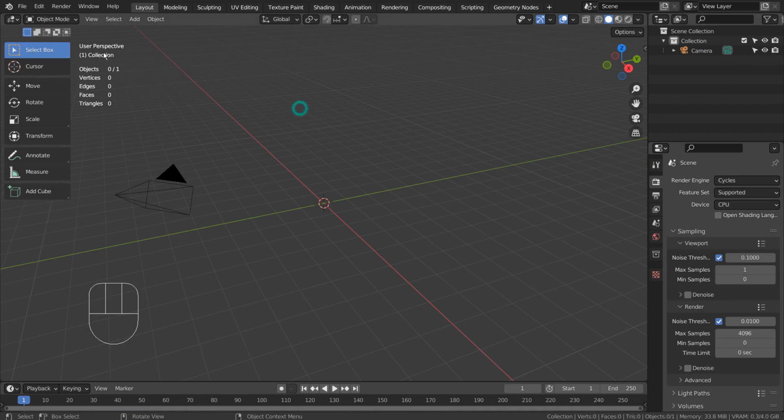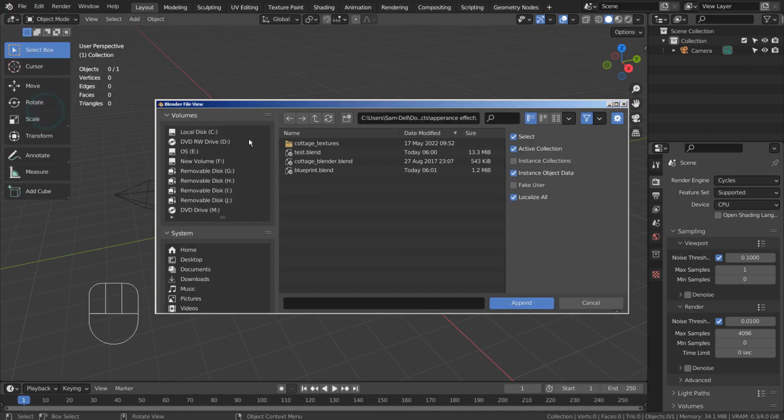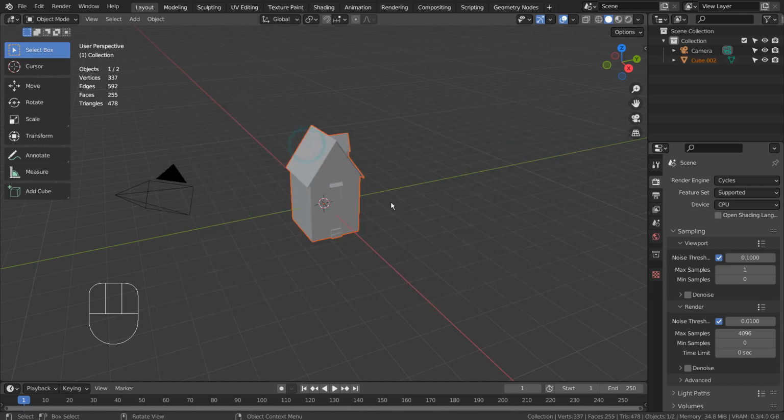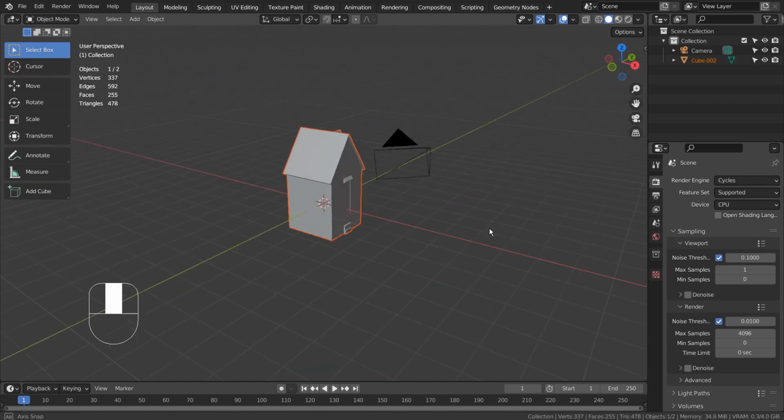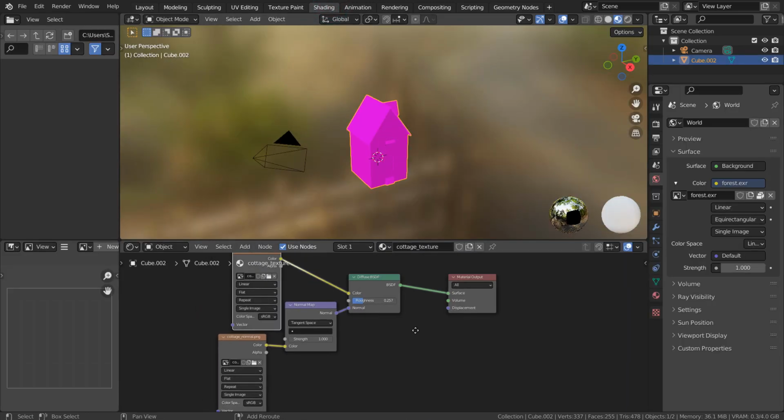Let's append the cottage mesh from an external blend file. Let's manually add the mesh's image texture.